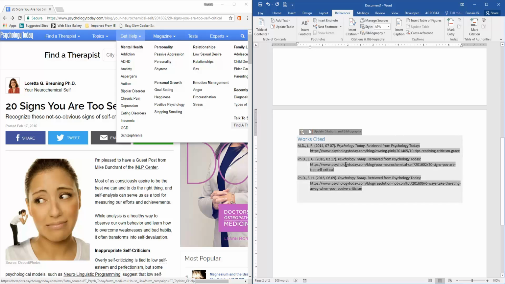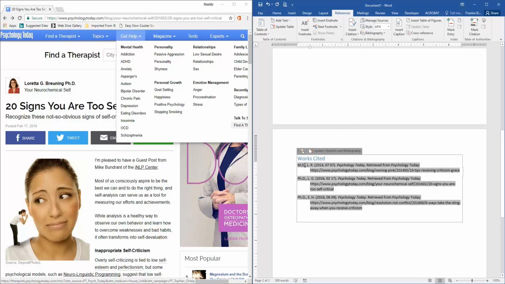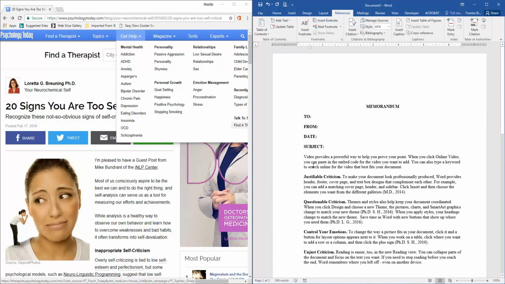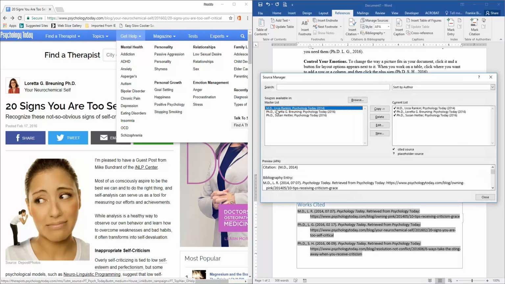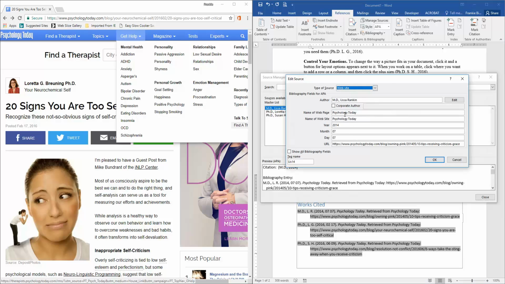so we need to fix the bibliography so that the MD and the PhD doesn't show, rather we want their last names here because that's the way it should be. So what we have to do is we're going to manage the sources. So we click on manage, and then we're going to take Larissa, for example, and we need to edit Larissa's information. So we click edit, and where we have PhD, we need to take this part off